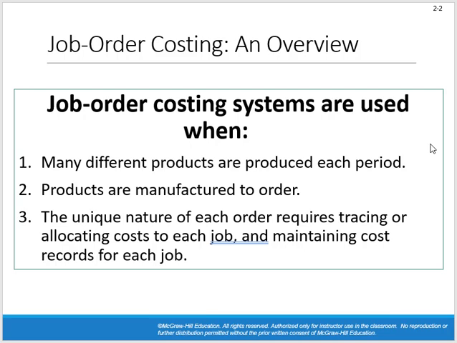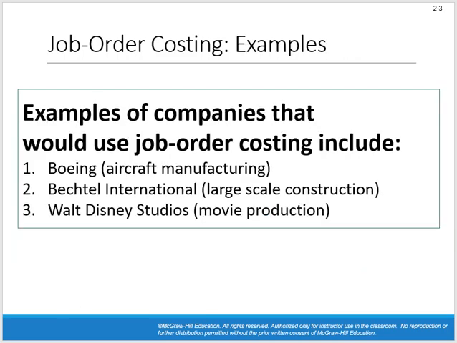And number 3, the unique nature of each order requires tracing or allocating costs to each of those jobs. So each job, each product has something a little bit different about it, or at least it's customizable in some way, and we track our costs then by job, and that's what we call a job order costing system. So some examples,